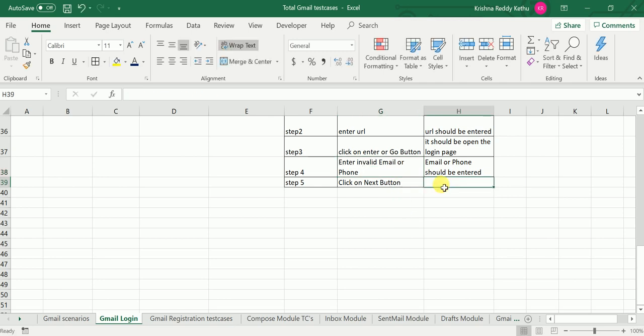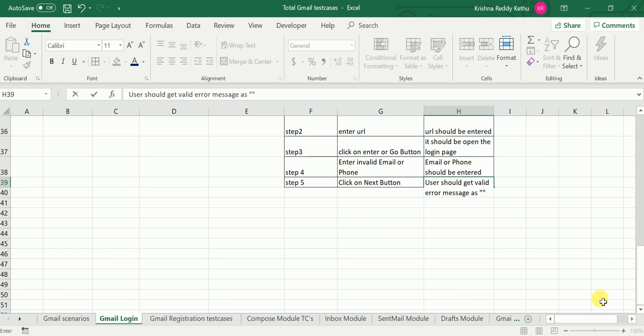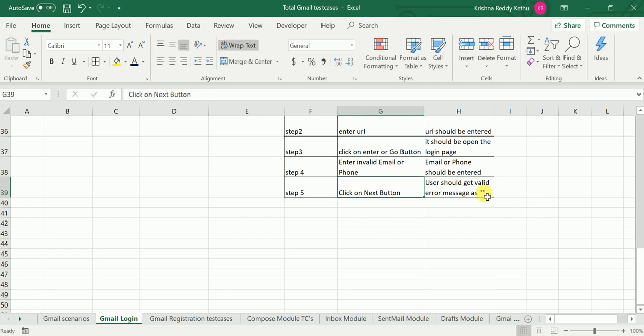Click on next button. User should get valid error message. Yes, we need to get the error message. This is my error message: Could not find your Google account.